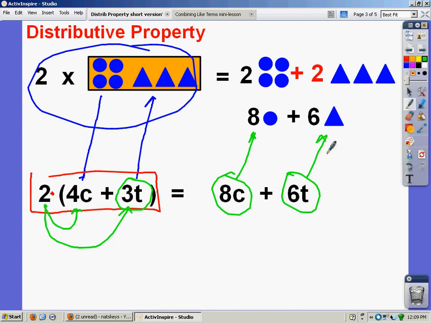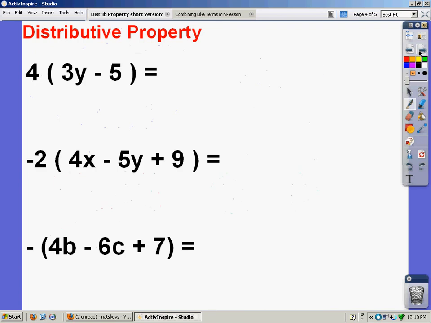So this is the justification of why the distributive property works. But in math, we're not going to be doing little pictures each time, so we're just going to go right to the example. The operation is multiplication, so it's 4 times 3y, which is 12y,